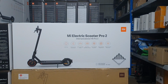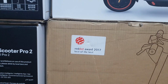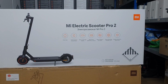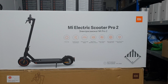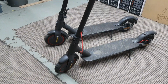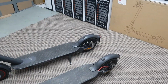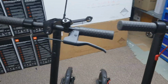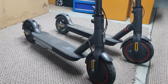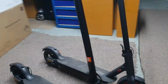the Pro 2. The Pro's been out for about 3 years now, and it was the award-winning scooter from Red Dot 2017. The Pro 2's just been released September 2020, and we've got both models here side by side, so you can see the difference. They have not made a huge amount of changes, but we're just going to run through some of the aesthetic changes on this first video, and then after that we're going to do more of an in-depth review of both models and the technical changes. So the first thing you can see from an aesthetic point of view is we've got